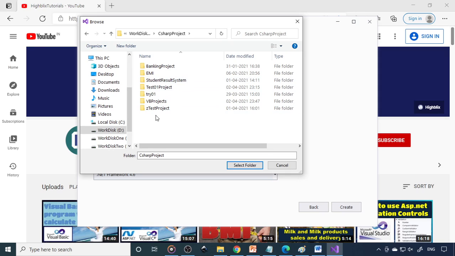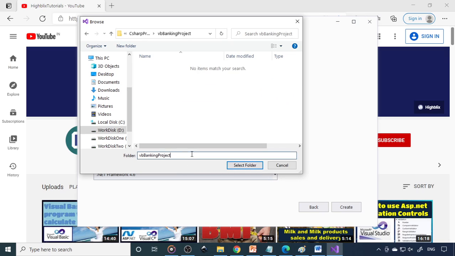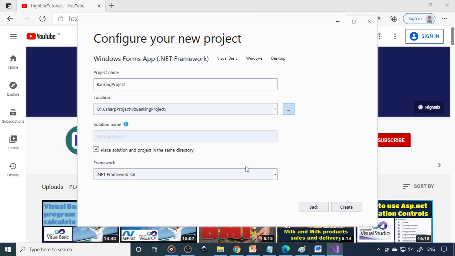For example, you want to create a new folder, VB banking project. Okay, so here is the banking project, sorry. You can select the folder here. So this is a banking project, under VB banking project.